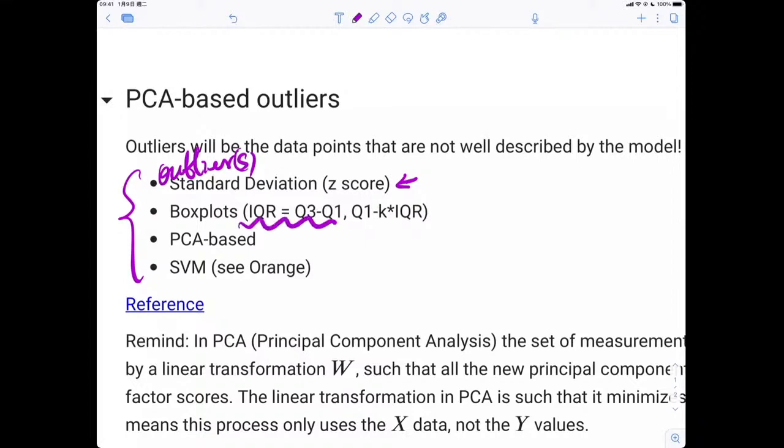You have another approach, which is the box plot. That's another mathematical tool. IQR means your Q3 subtracted by Q1.